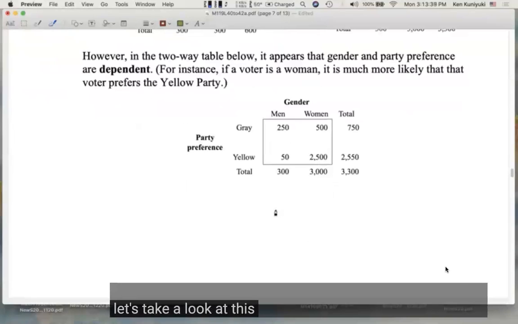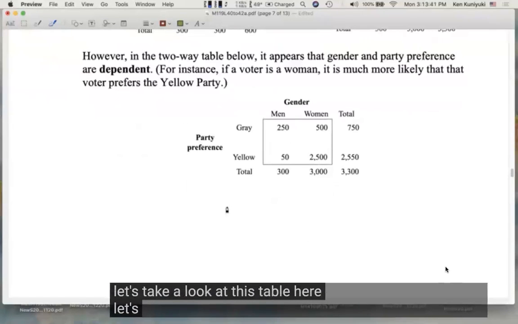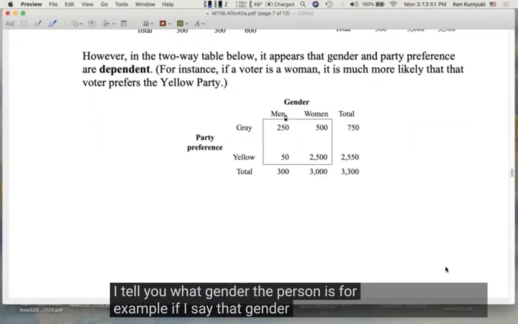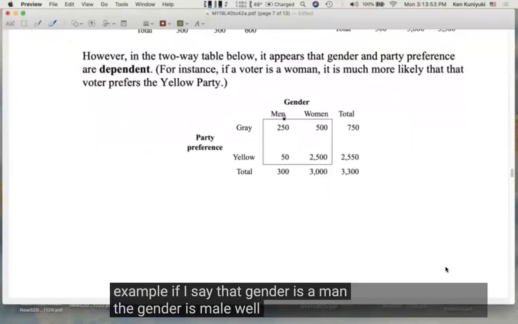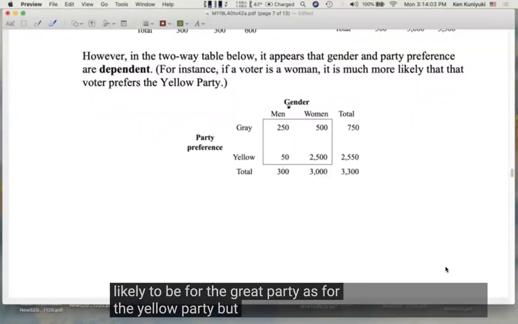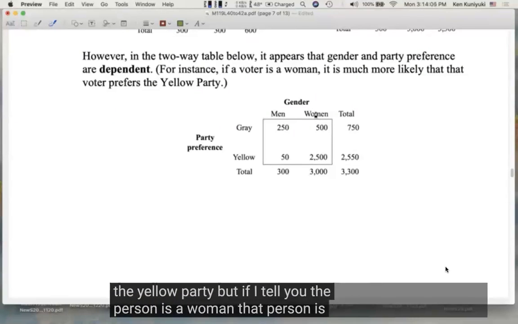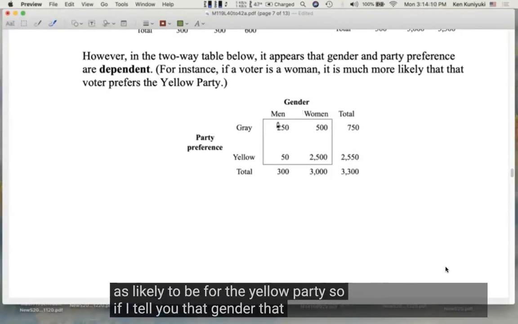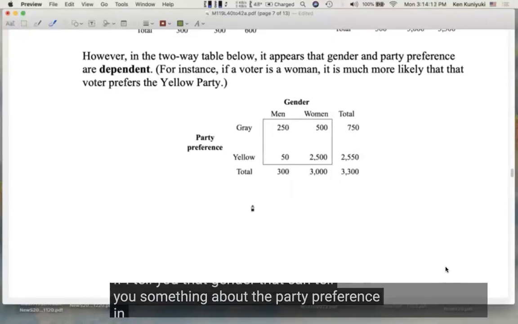Let's take a look at this table here. Wait a minute. Now, if I tell you what gender the person is, for example, if I say the gender is male, well, that person is 5 to 1 likely to be for gray. 5 times as likely to be for the gray party as for the yellow party. But if I tell you the person is a woman, that person is 5 times as likely to be for the yellow party. So if I tell you the gender, that can tell you something about the party preference in